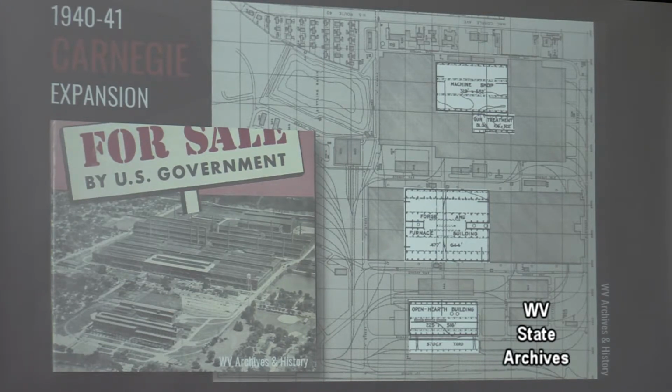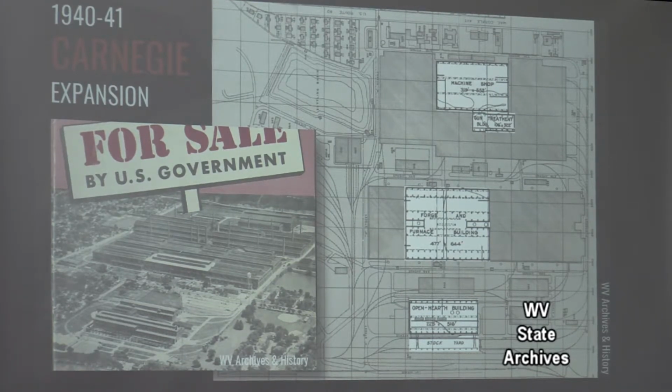Because what it is doing is it is producing raw steel up at Homestead and shipping it down to South Charleston to be turned into armor plate. So they build another structure next to the open hearth building, and both of them become slab treatment buildings for finishing armor plate. No more pig iron and scrap for the NOP. But first,